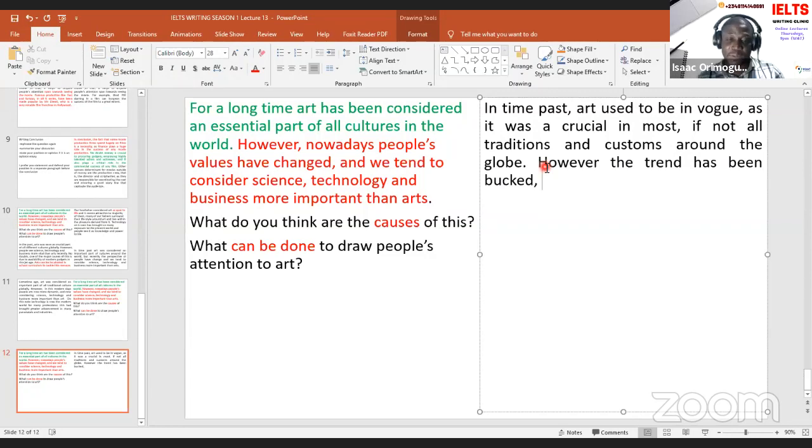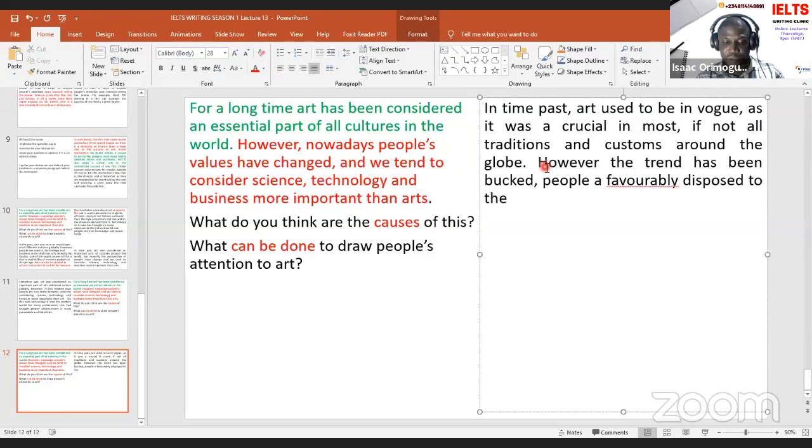However, the trend has been bucked. Okay, people are favorably disposed, disposed favorably,